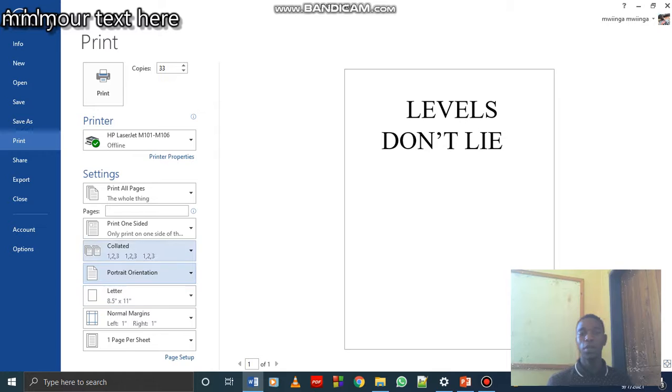And what you do in order to print it, just come here. This is what we call a print command. So this button which you see here is what we call a printing command. Are we together? So this is the whole thing called print command. So if you want to print your document, just